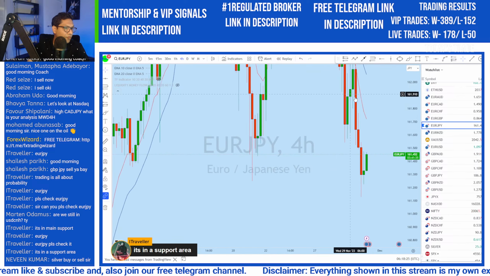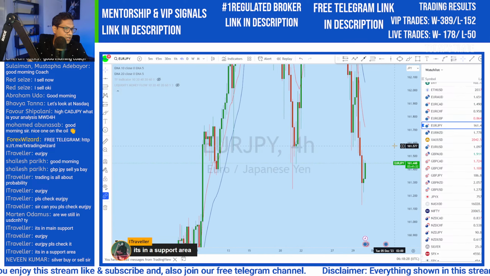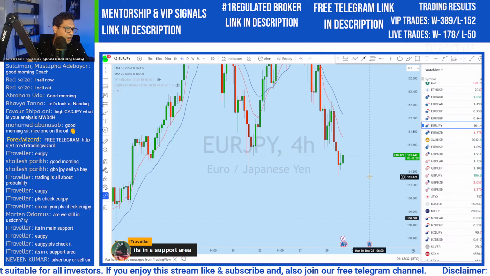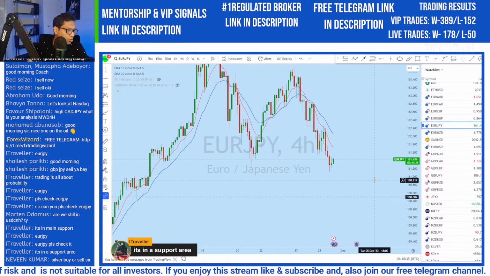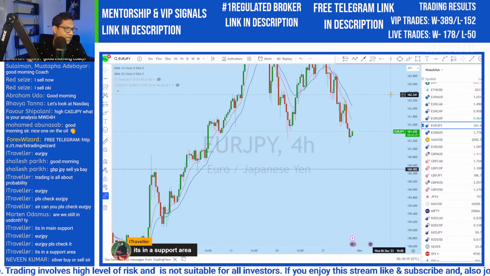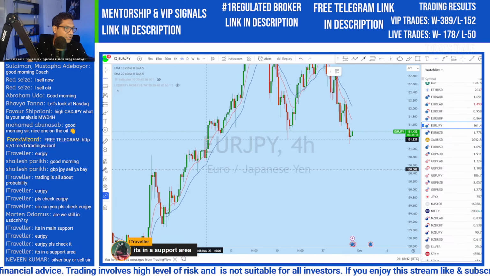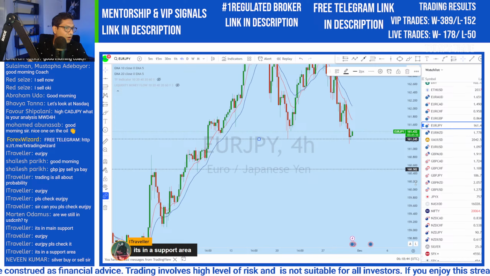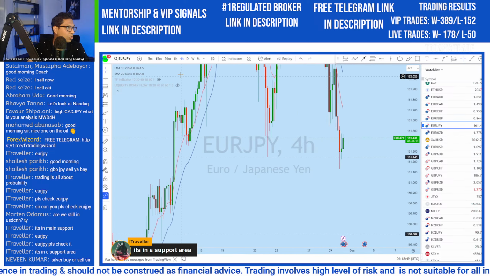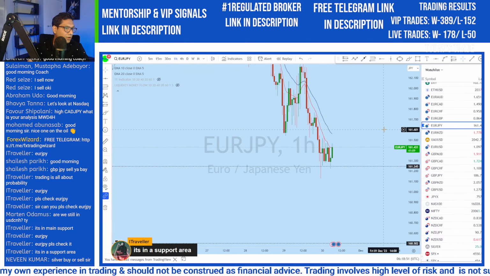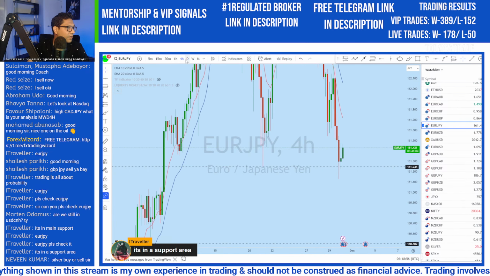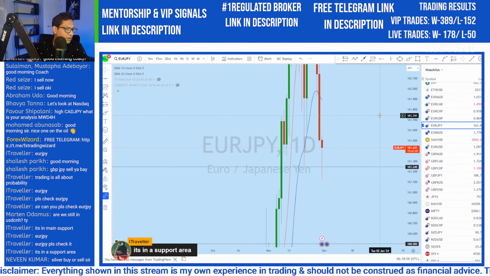Now from the intraday perspective, we can see Eurojpy forming a potential pattern here. I think that very soon we could find an entry on Eurojpy as it has broken a very significant support level. We could see the market slowly bouncing off that level. So from the 1 hour, from the intraday, we see the daily,